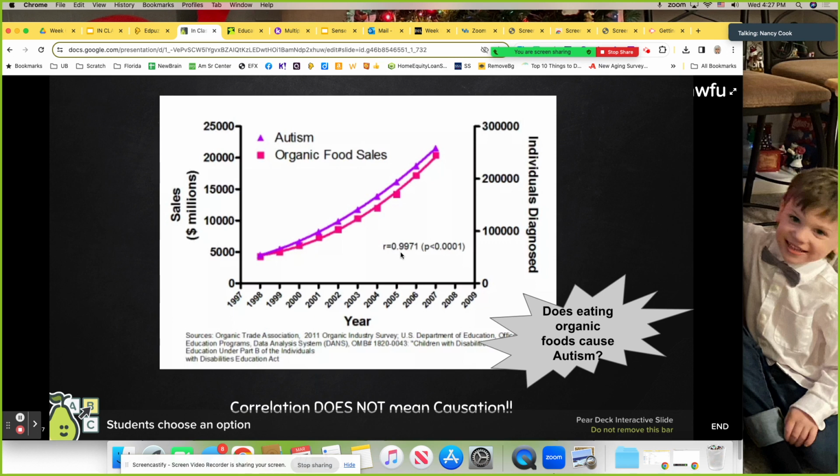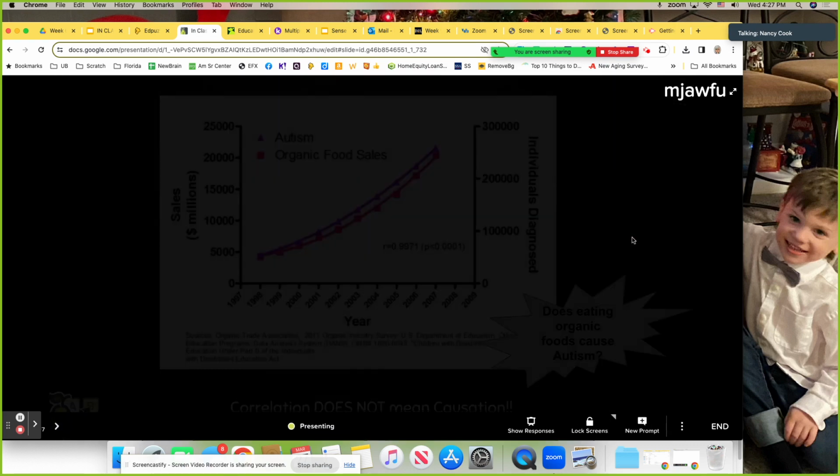People will look at two variables and say there's a strong correlation, but it doesn't necessarily always mean that one is causing the other, because a correlation does not mean something is causing. It just means that there's a relationship, a similar relationship. Or autism went up during those years, and so did organic food sales. You could look at history to find out what happened during those years that could cause both of those things to go up, but they aren't really related to each other.